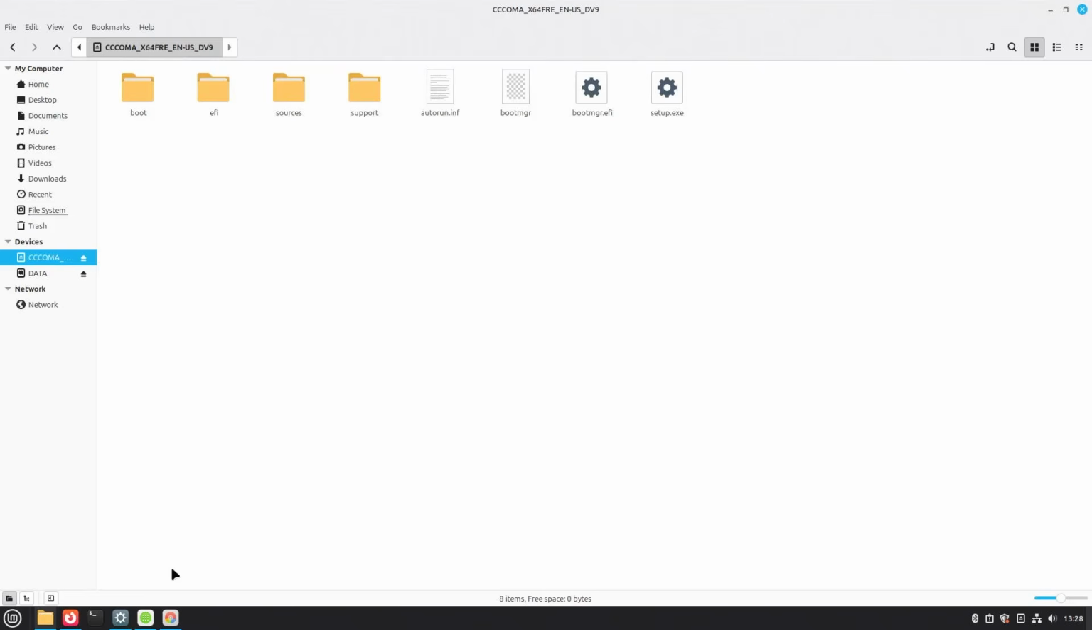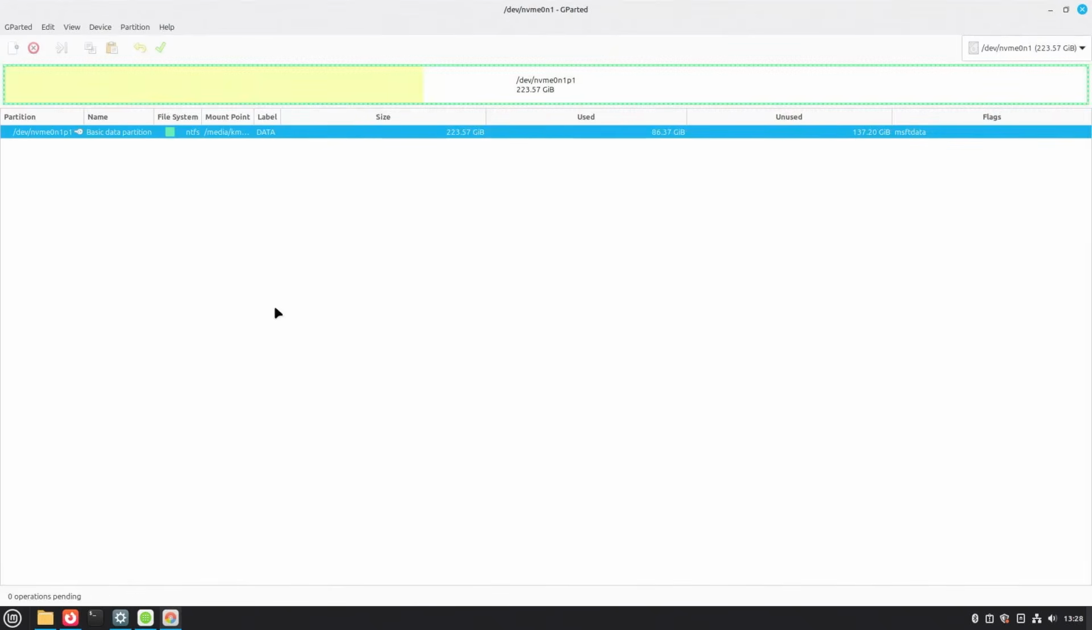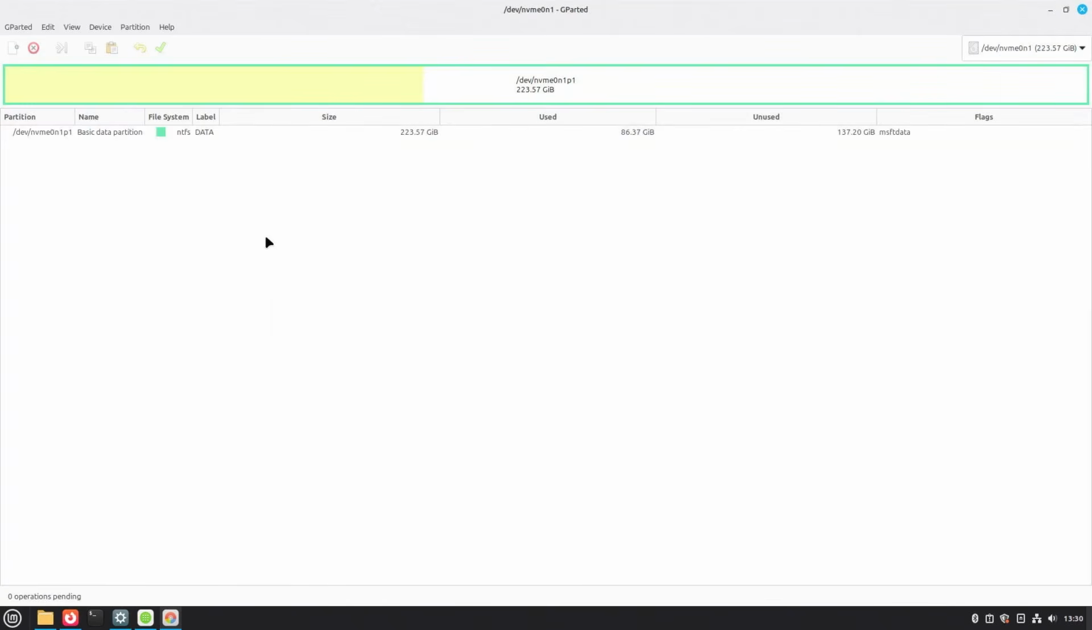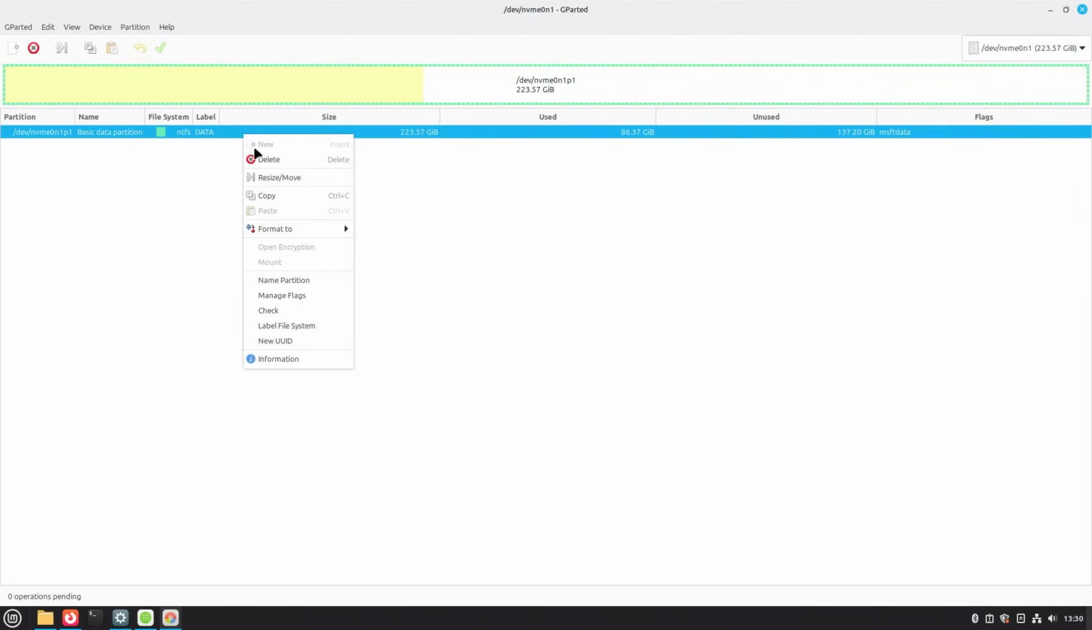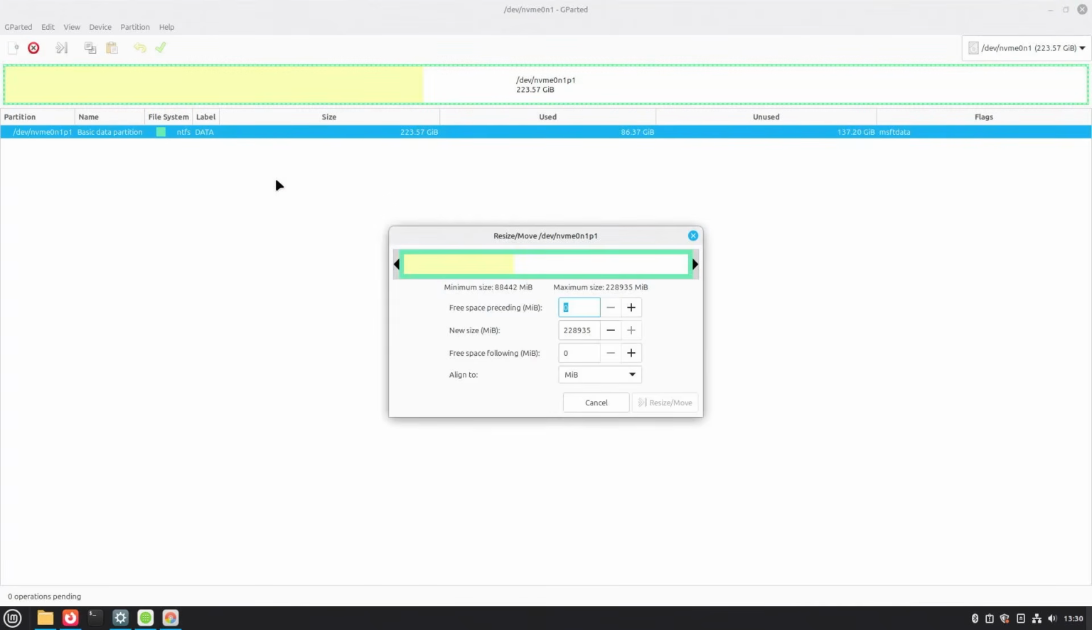So going back into Gparted, so there's my NVMe drive, right click, and we notice the resize/move option is grayed out, and that's because my partition is mounted. So I'm going to unmount it first. And now it's unmounted, and then I'm going to select it again, right click, go to resize move. And so the amount of free space that I'm going to allocate for Windows 11, I'm going to be using 100 gigs, and the installation media, it's about 8 gigs. So altogether about 108,000 megabytes,